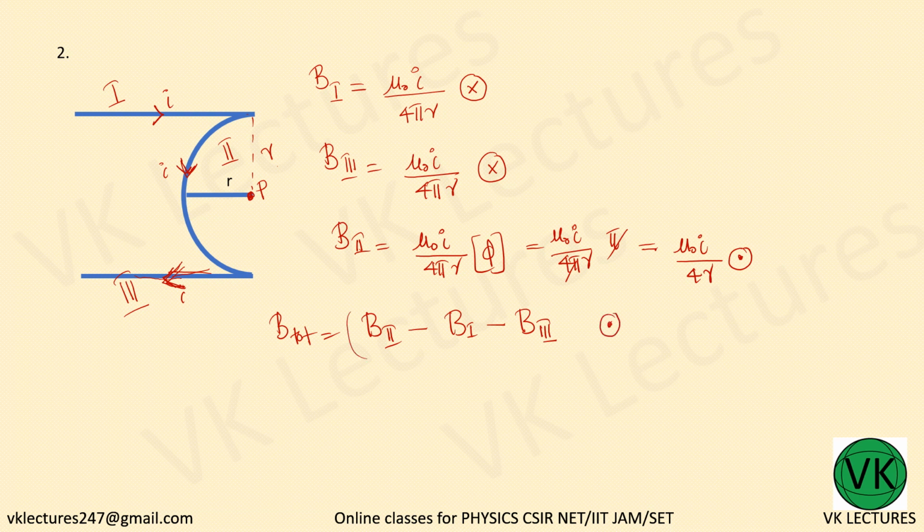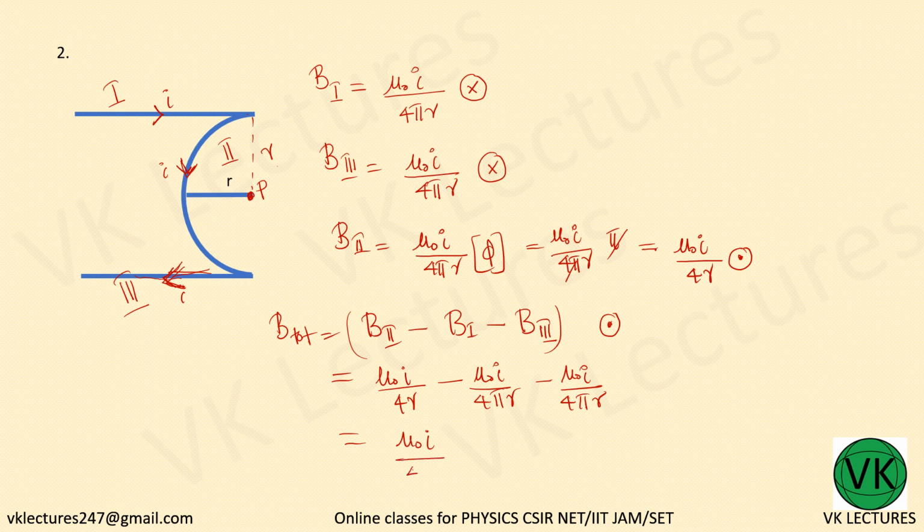Okay, so this is the magnetic field that we are finding, that is B second portion means mu 0 I by 4r minus, this is the B first one, that is mu 0 I by 4 pi r, again minus mu 0 I by 4 pi r. Okay, which is equal to mu 0 I